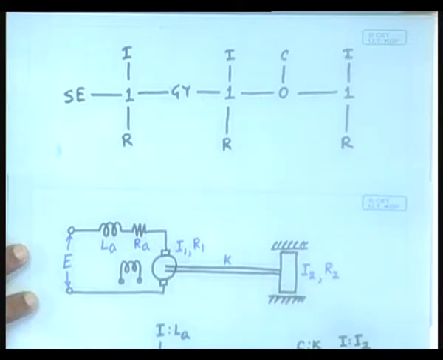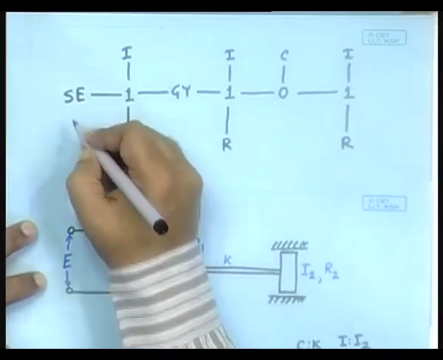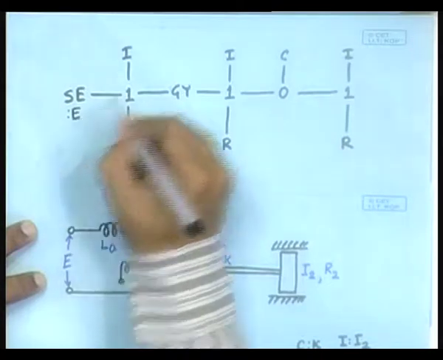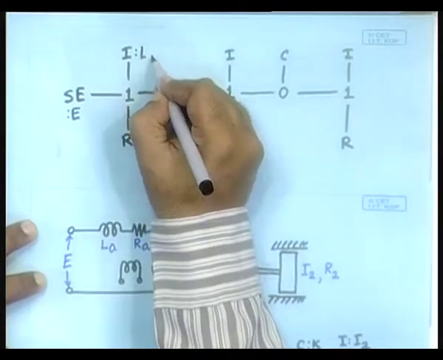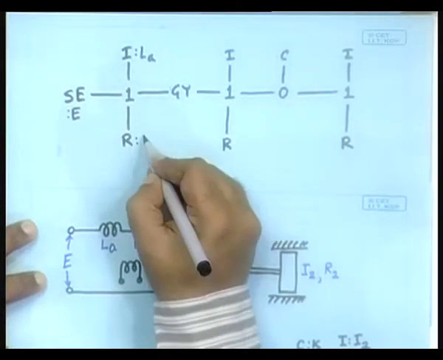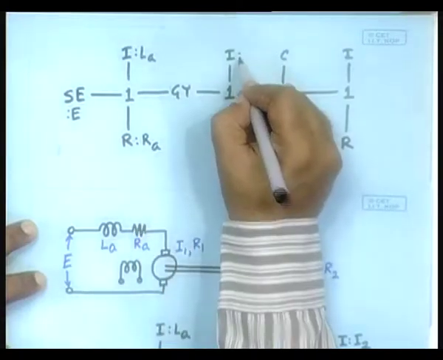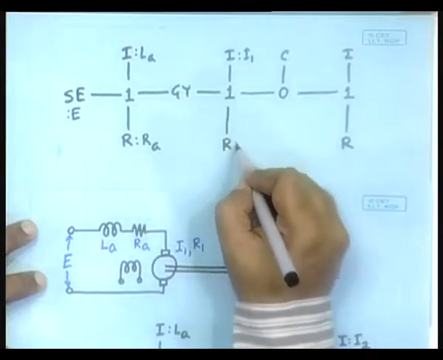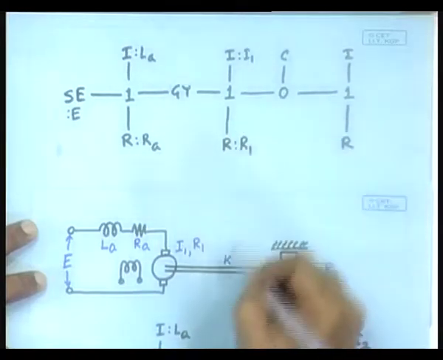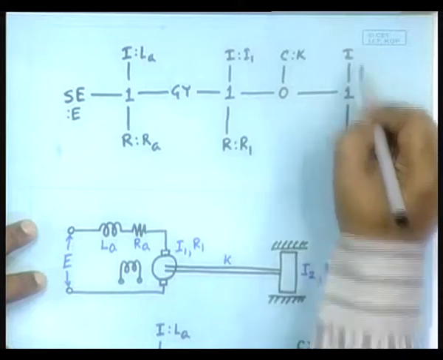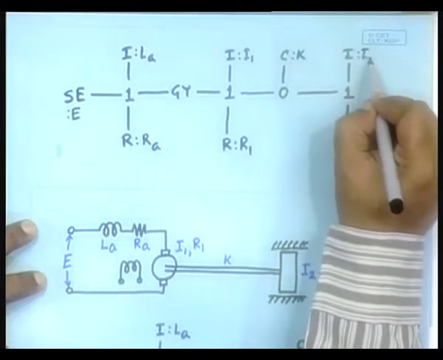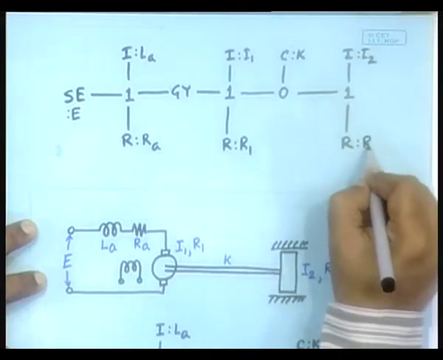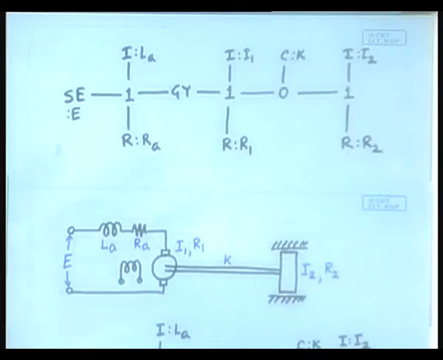Is that clear? So, let us now assign what is what. This fellow is our E, this fellow is our LA, this is RA, this is I1, this is R1, this is K, this is I2, this is